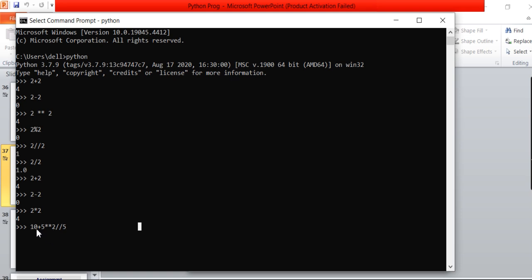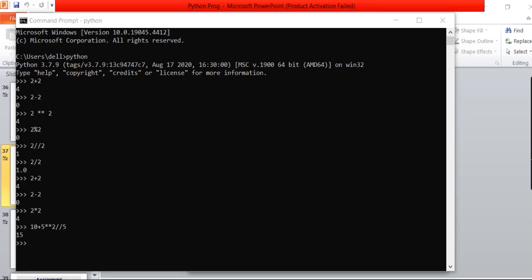After that, we are left with two operators, addition and integer division. Between these two operators, integer division has the higher precedence, so it evaluates second. After that, it will perform the addition operation. Then we will get the answer 50. I think this concept is now clear to you. You can take a simple example in the Python interactive shell and see the result on your own.